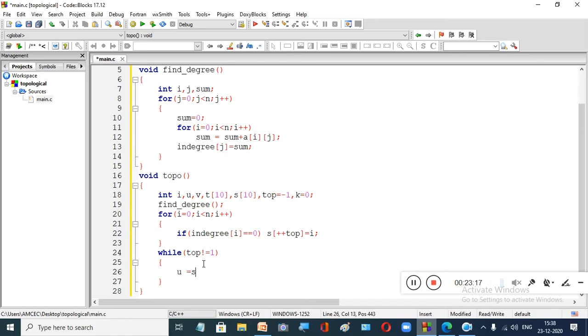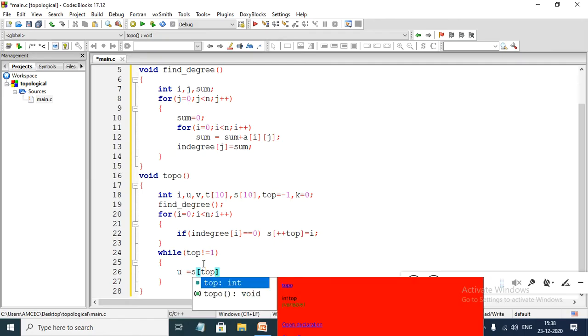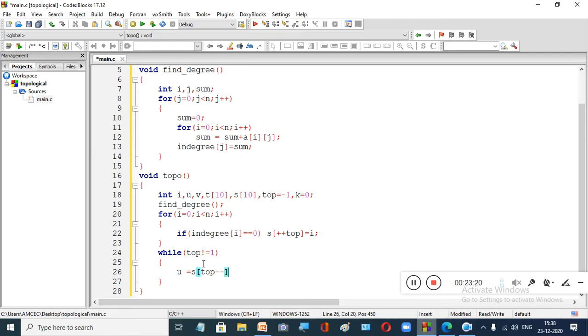So u is S of top minus minus, the pop operation: you remove that and put it in the variable u. This is the first vertex you are removing because its in degree was 0. So whichever node you have removed will be the first node in our topological ordering.